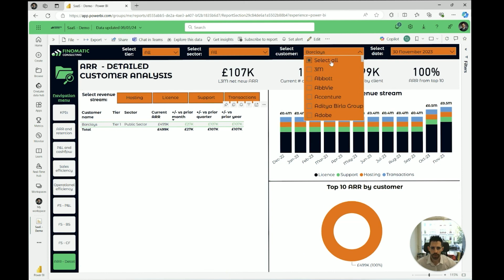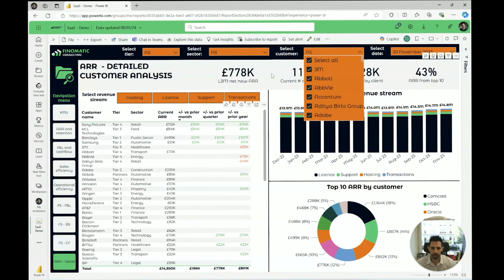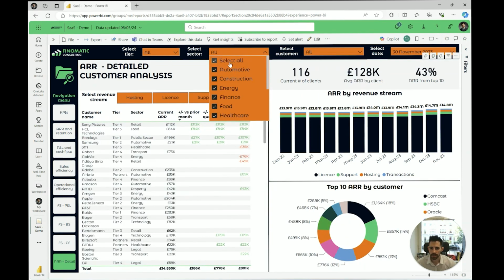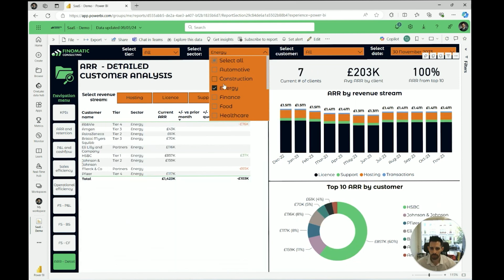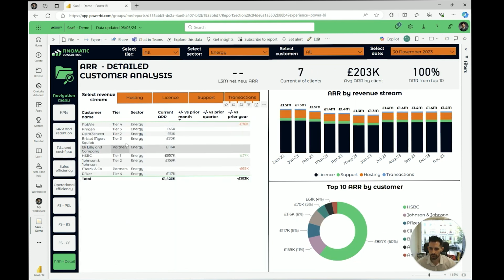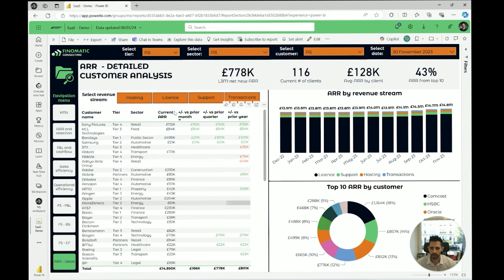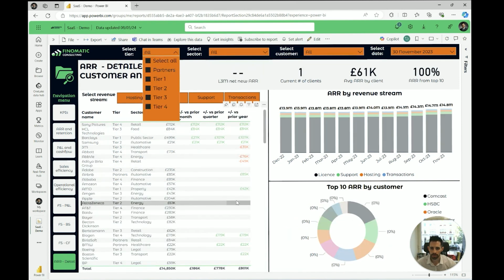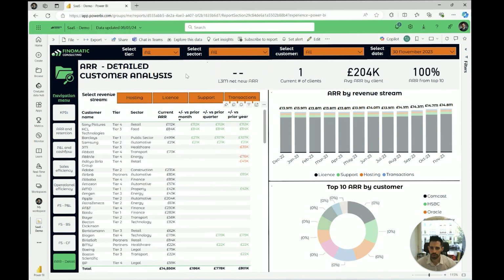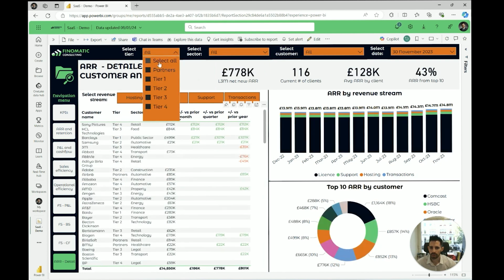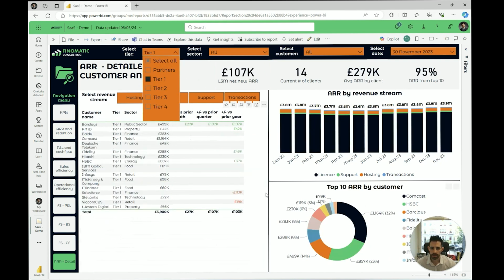And then if I bring all the customers back, if you wanted to view it just based on specific sector, so just the energy sector, for example, then you would get just the energy customers and the different tiers. And again, if you wanted to view just the tier 1 customers, you can see everything responds to that as well. So it's just a very user-friendly way of interrogating the data when you have a high volume of